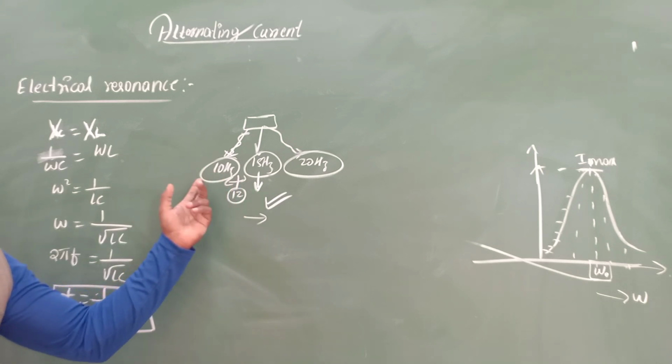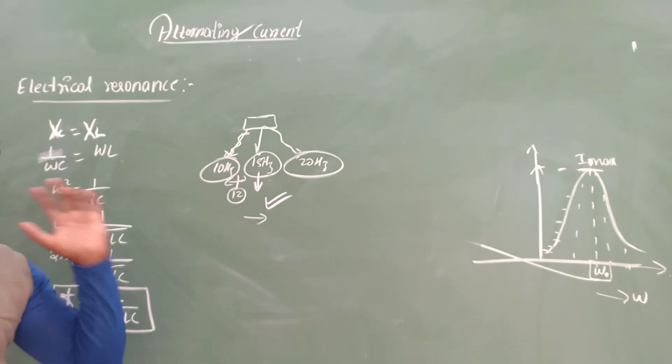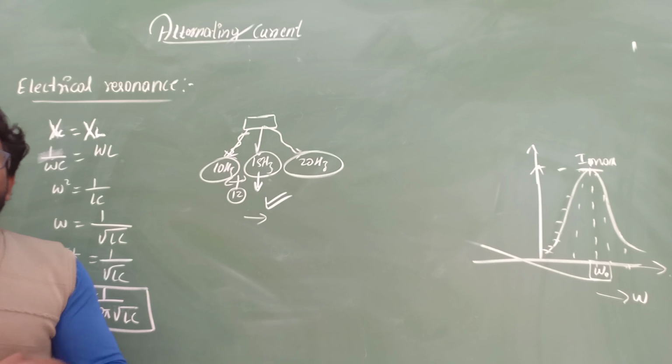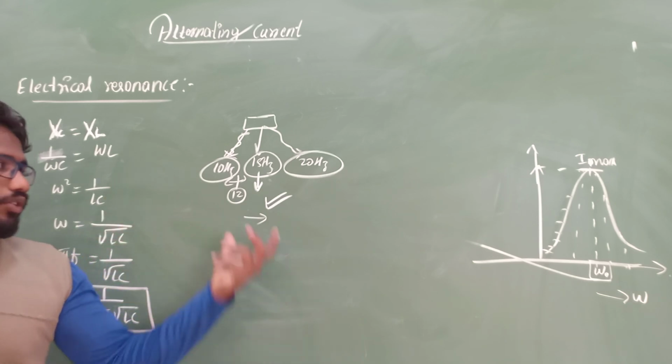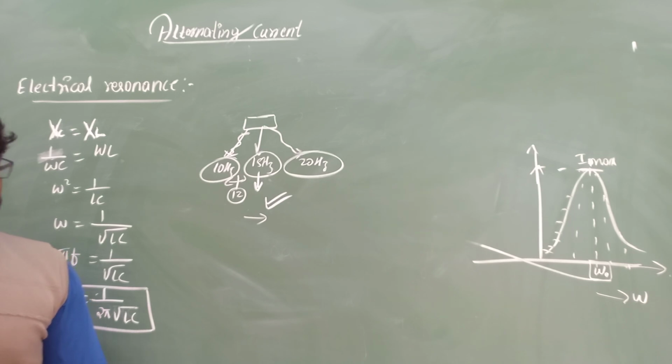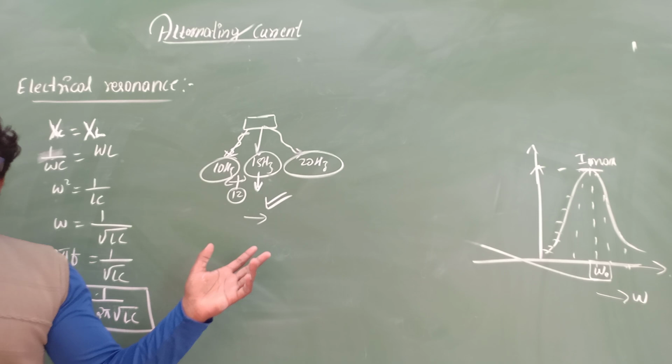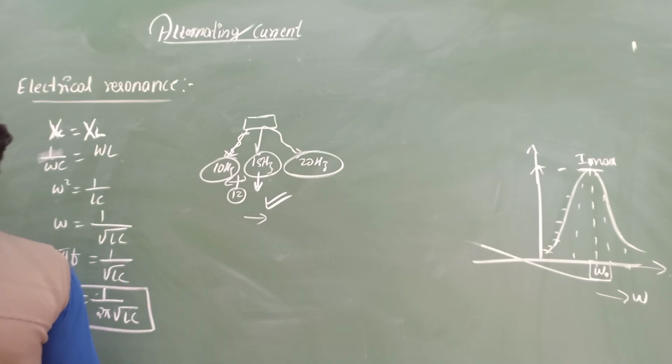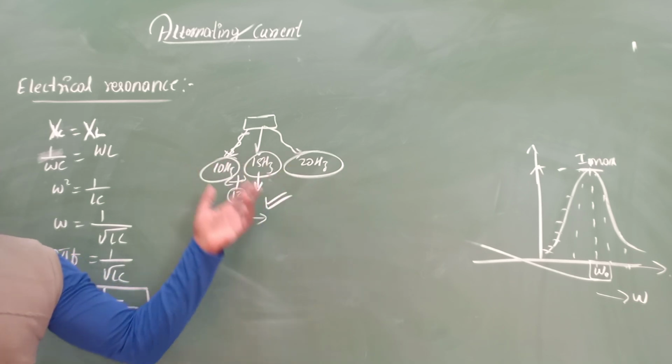So what happens when it goes to 10 or 20? You will not hear properly. Two or more stations will get merged, and you are not going to get the proper radio station. Radio Mirchi and Red FM both will mix together, and you are going to get two audio signals. Then it will not be proper. So this is all about the resonant frequency.